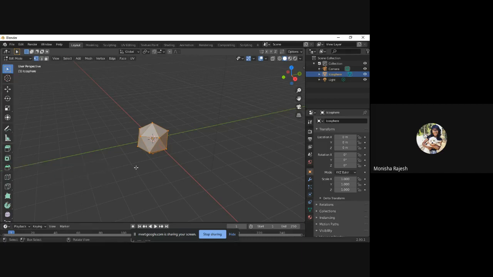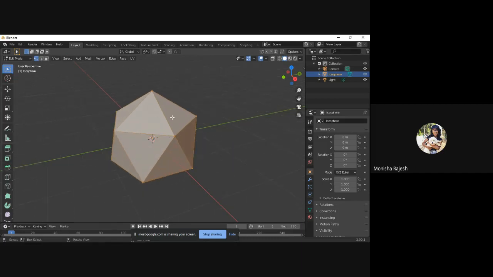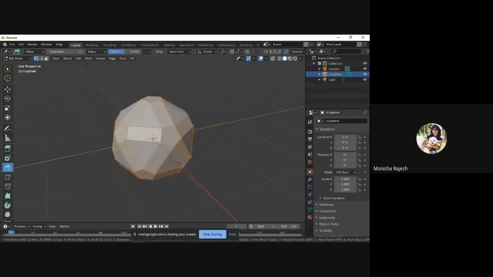Now, first thing we're going to do is we need to make this look like a football, as in have the faces of a football. So how we're going to do that is we're going to basically create the shape of that pentagon here. So you're going to go to bevel. That is either you can click on this or you can press Ctrl B. So I'm going to click on this. Now, once I do that, you'll notice this yellow handle that appears. So if you drag that, it does something weird, but you can see that it has the pentagon. But it is not exactly what we want.